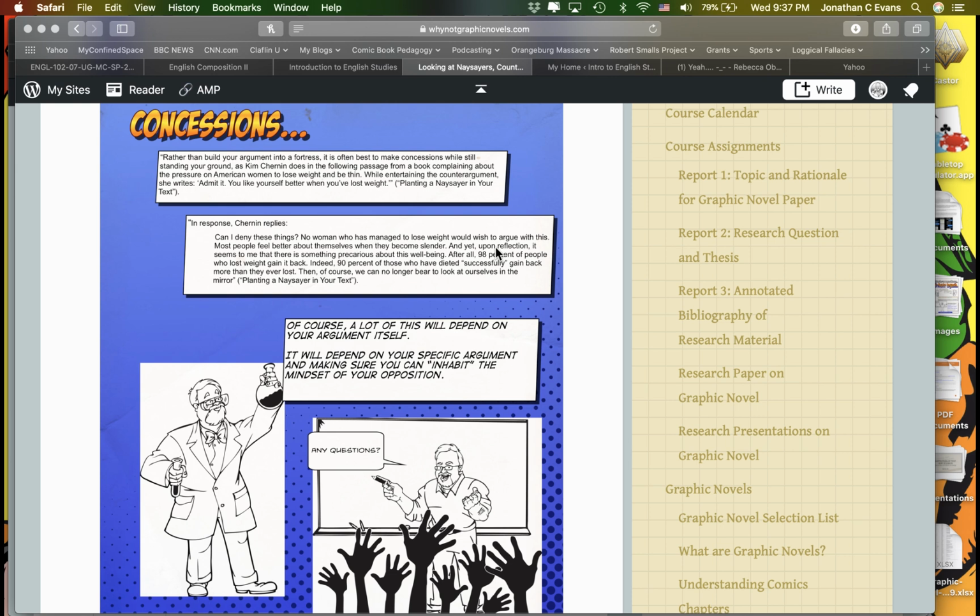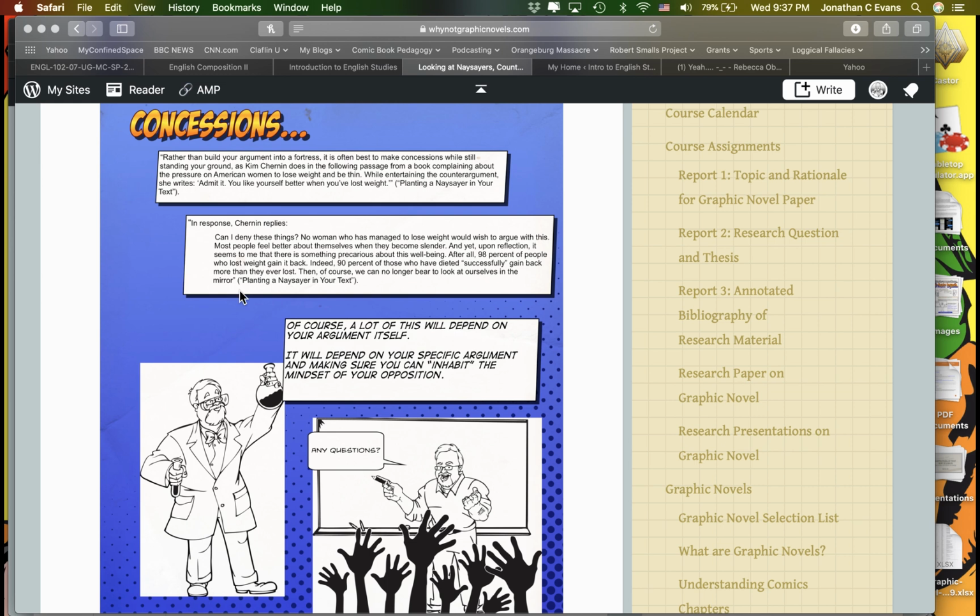So maybe you agree with the conclusion, but you disagree with the means by which they come to the conclusion. Or maybe you disagree with the conclusion altogether, but you saw the relevance of their means of getting there. So there's a little bit more to it. We'll talk about that, but I did share an example here. Let me just read this real quickly.